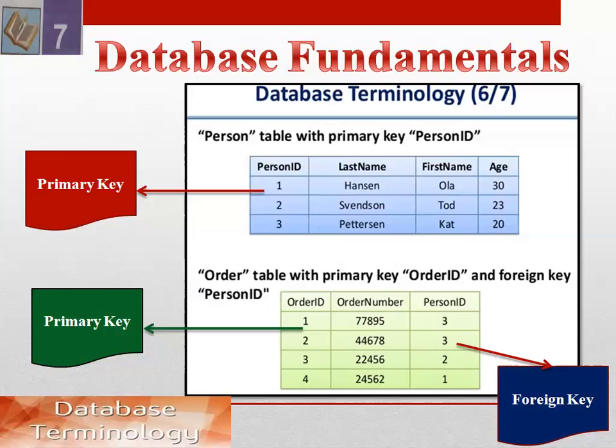In the person table, that is a parent table, and here it is a primary key, but in the order table, that is a child table and linked with the help of this primary key. So when we are using this primary key in this table as a reference key, that is called a foreign key. So here the person ID is a foreign key which can be repeated. So it can be repeated again and again, and it is used as a reference key in this table.